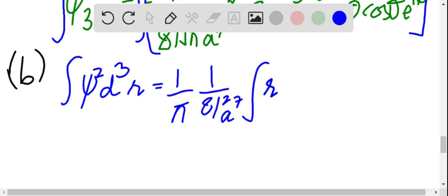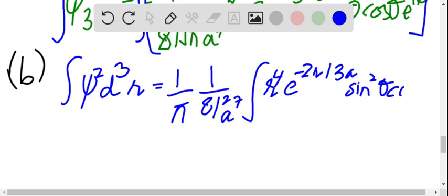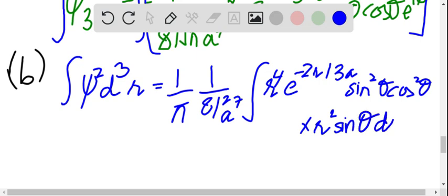Integral r4 exponential negative 2r divided by 3a sine square theta cos square theta. I'm running out of space over here, so I'm going to write the rest in the next line. So it is multiplied with r square sine theta dr d theta